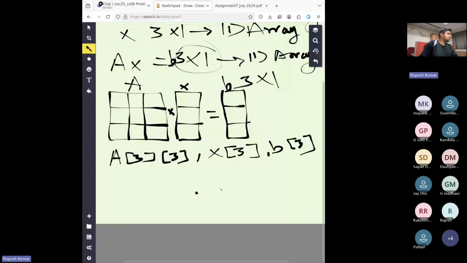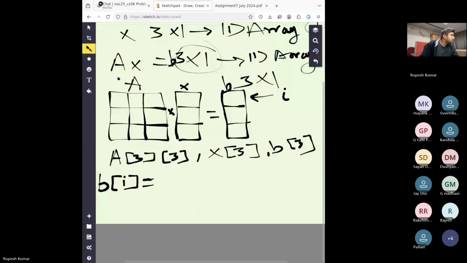Now we want to do the matrix vector multiplication. So what will be the value at the row I, at index I in the vector B? So let's say this is index I. So we know what the output will be here.